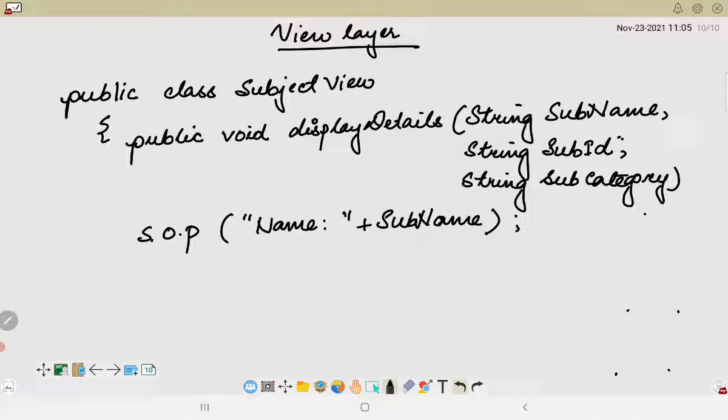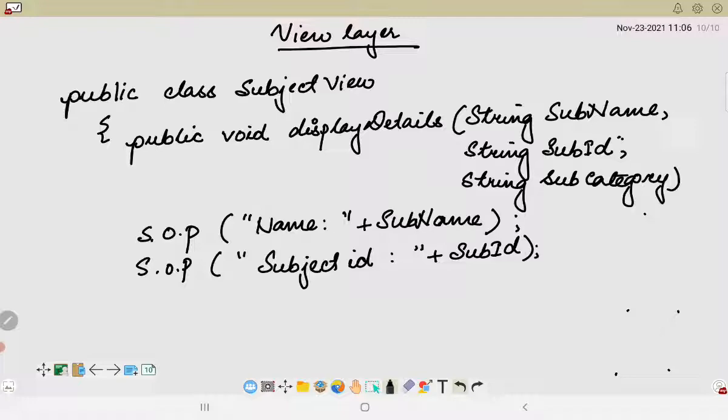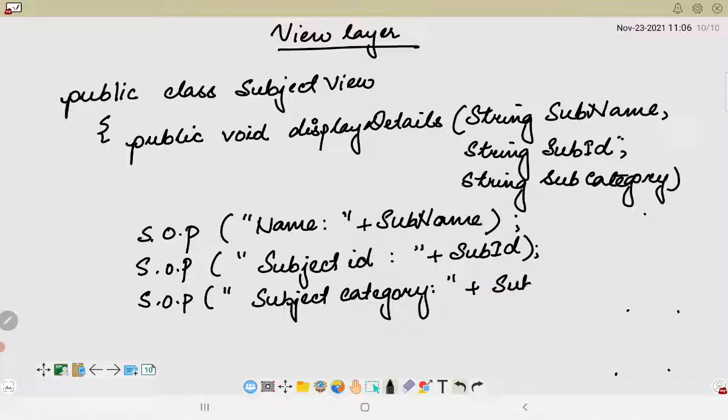Then again System.out.println, we will have subject ID, plus the subject ID, and then again System.out.println, we will have subject category, plus the subject category.